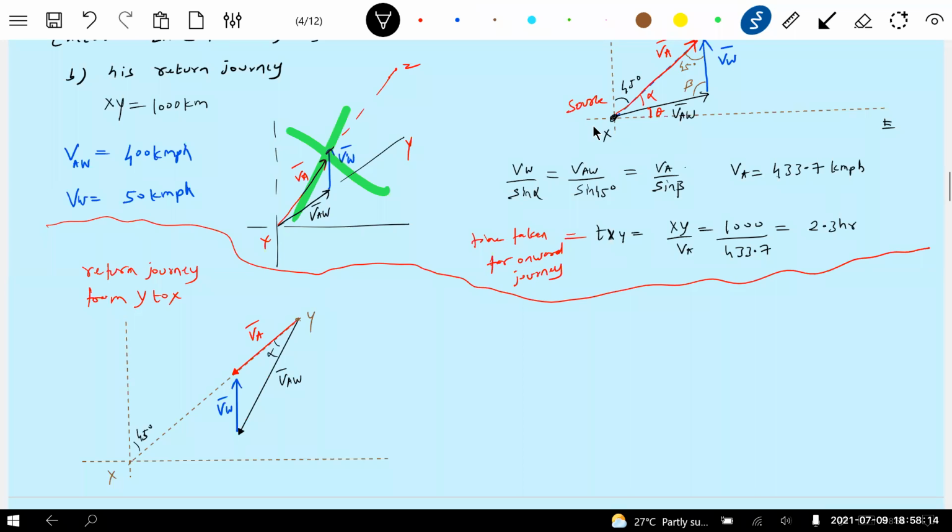Now again we have to get into the calculation part. We should know VA, that's all. We have to calculate this VA. That alpha and this alpha are different, so I'll bring some theta 1, alpha 1 or something. What are the things? VA is needed. So what about all the other angles?